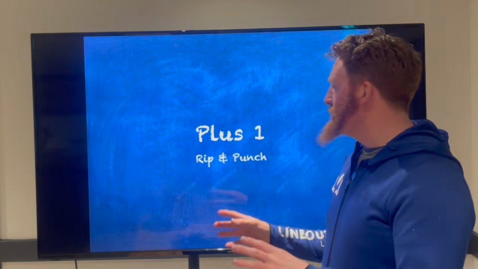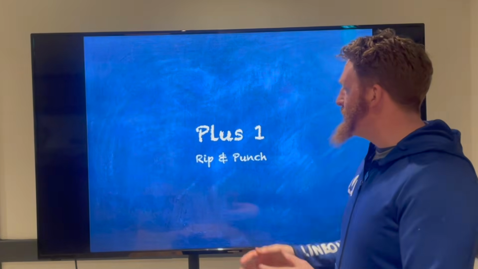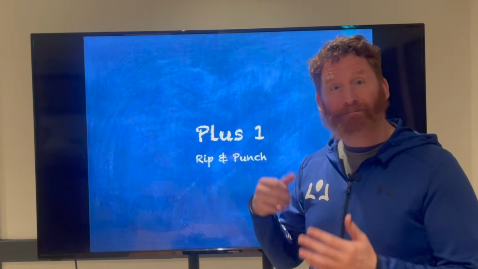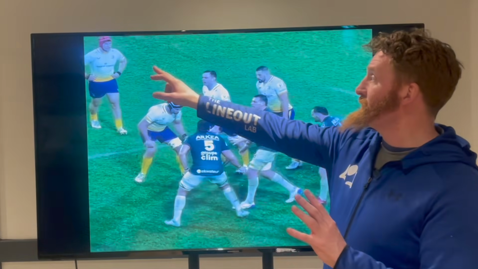In this video, we're going to look at the role of the +1 or the ripper. It doesn't always have to be the +1, of course, and how they rip and punch to get maximum impact at maul time. So to start off, we're going to look at Josh van der Flier here in the red